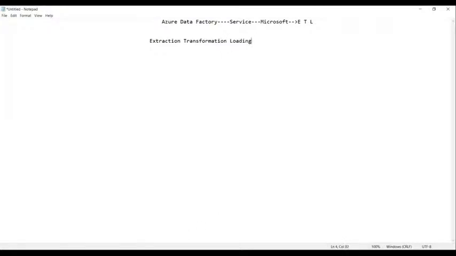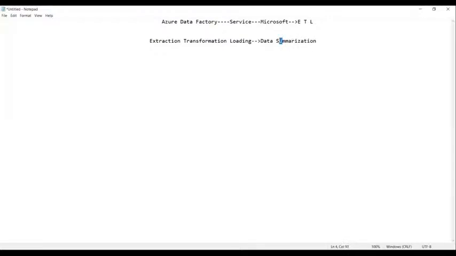Extraction, transformation, and loading. It is used to perform extraction, transformation, and loading. It is used to perform data summarization.